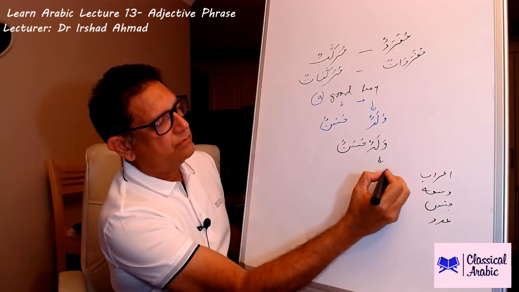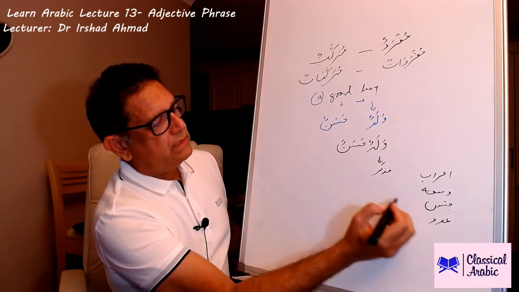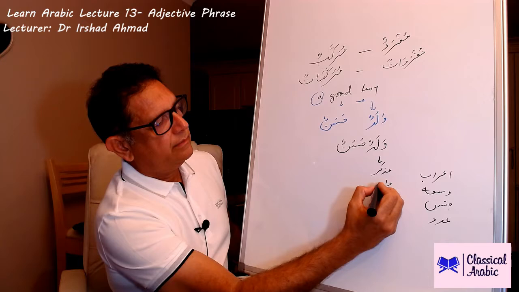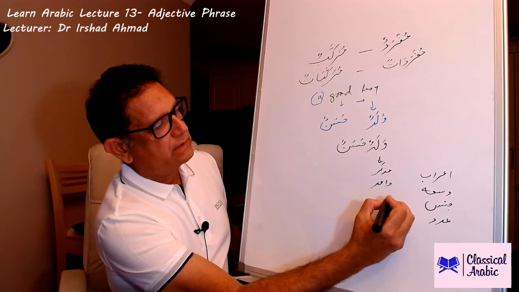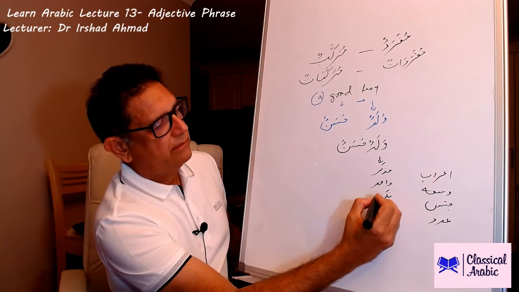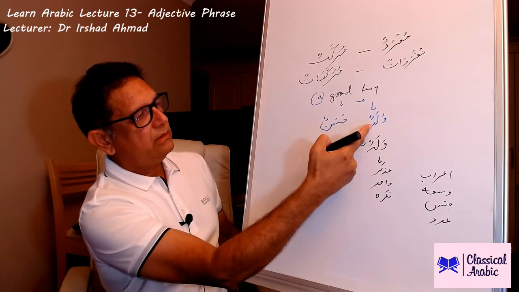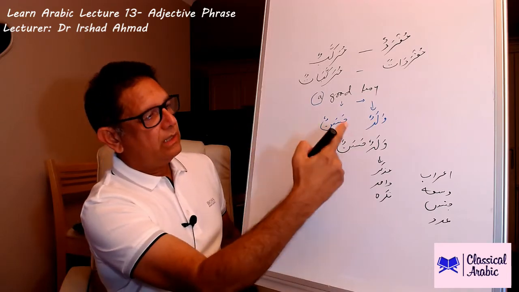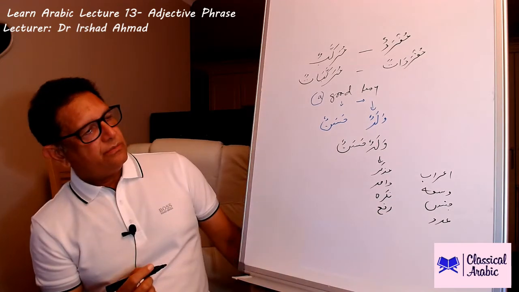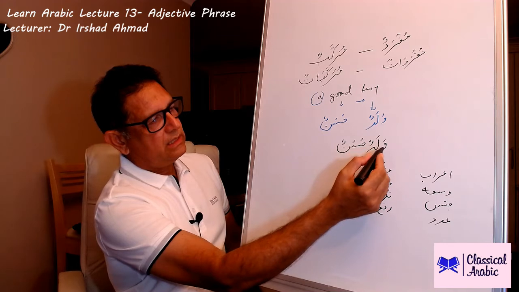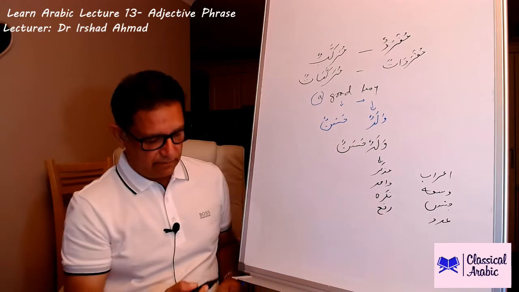Let's start from here. It is muzakkar. From the jins point of view, from the other point of view, it's wahid. From the wus'a point of view, it is indefinite, which is nakira, not marifa. And from the i'rab point of view, this is in rafa: waladun, waladan, waladin. So waladun is in rafa. So we have these 4 aspects of a noun, and in this case mawsuf is muzakkar, it's wahid, it's nakira, and it's in rafa.